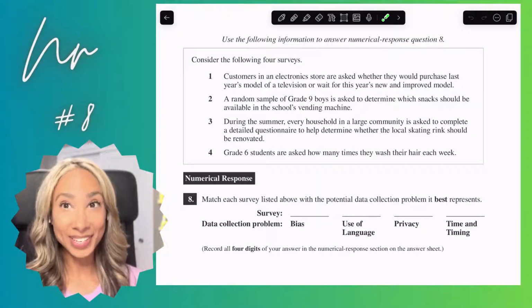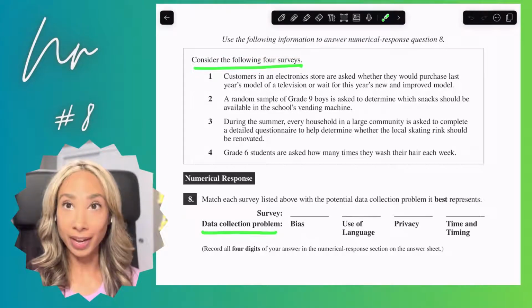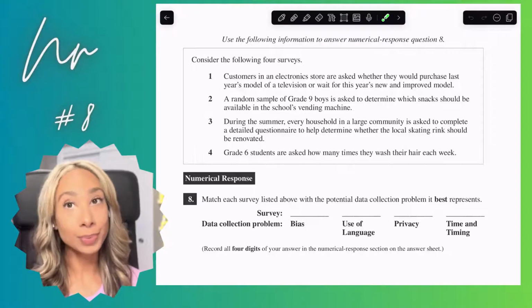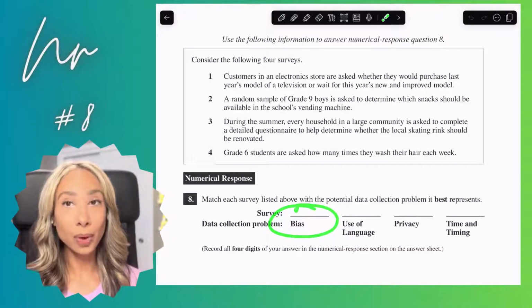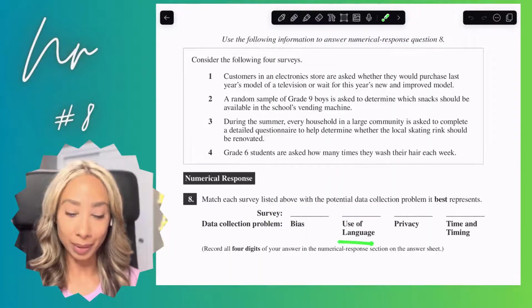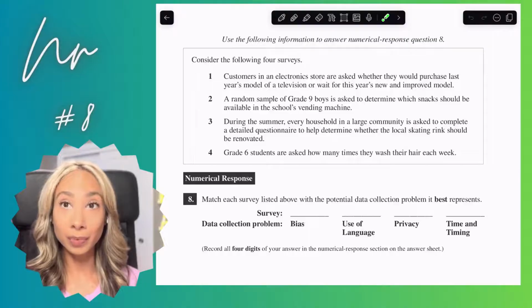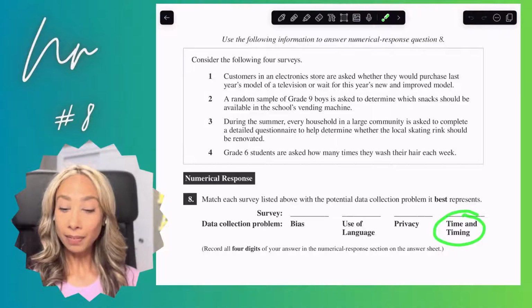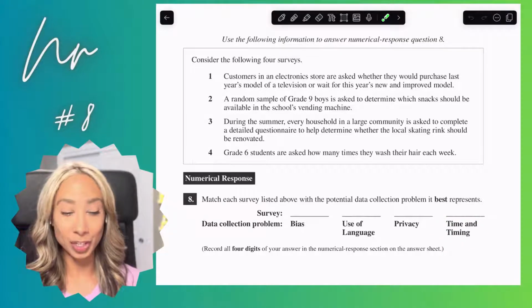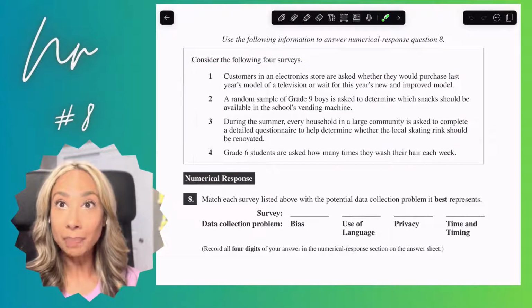Okay, let's look at this question right here. What we need to do is match the following surveys to the data collection problems that each question might have. So looking at this, we're looking at a bias. A bias is when you have a preconceived notion or an idea of something already, and it might sway how you answer something. The next one is use of language. The third is privacy, so making sure the information is collected in a certain way or not revealing certain information about people. And finally, the time and the timing of the question. So why don't we go through these options here, read them first,